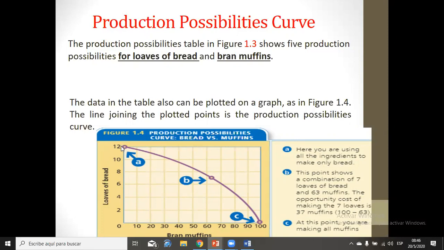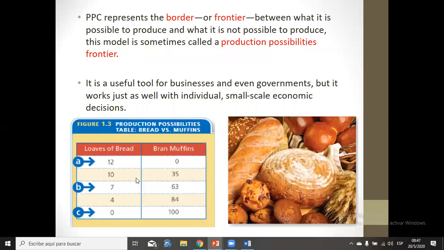So you will get 12 bread and 0 muffins because you are using the limited resource only to produce bread. In point B, this point shows a combination of 7 loaves of bread and 63 muffins. That is this one over here, B. 7 loaves of bread and 63